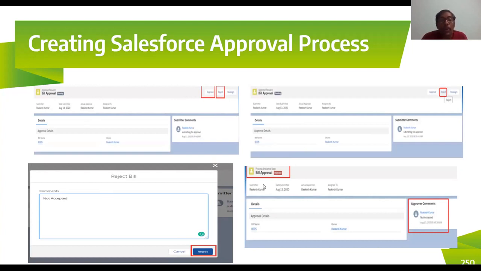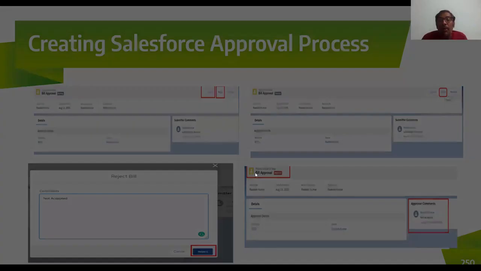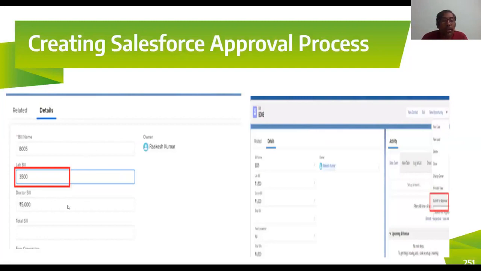Again, you approve the process. Now go to the bill, click on new, enter all the details, and if submitted, it will change to wait. Again, the mail will be sent there. Go to your email inbox, click on the link, and the page will come here. Again, you're going to enter the details like this.